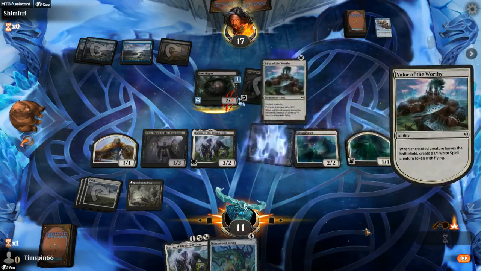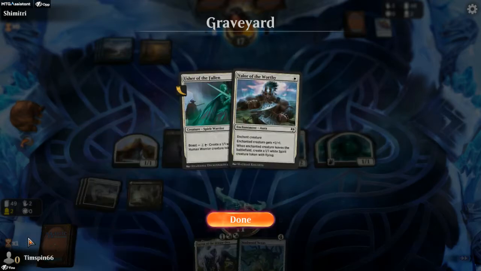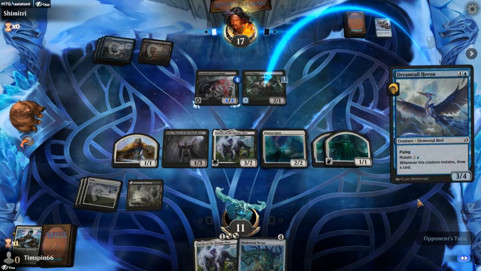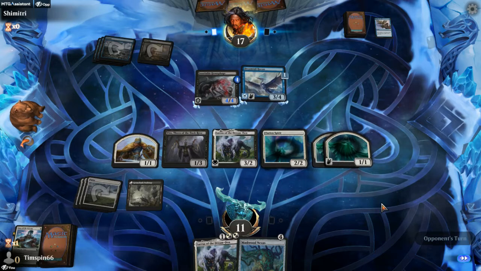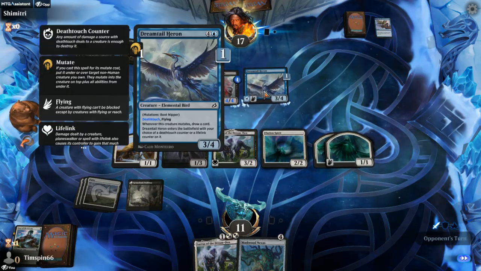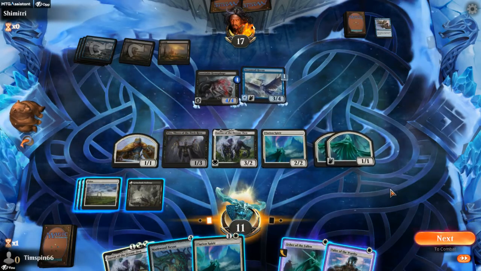Okay, that's a problem. Although we create a token and we can bring those things back. Alright, that presents another problem. Flyer on the board with Death Touch, no less. So we'll see if they just stay put. They do stay put. So at this point,